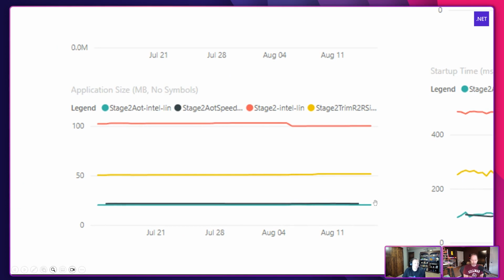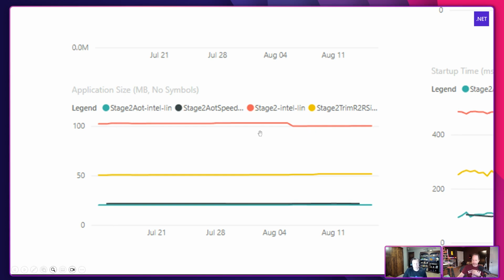Okay. So we're talking about AOT. That one is our green. That's our favorite. That's the one we're talking about today. Right. And so in this case, just real quick, application size: how much on disk, how big is your Docker container going to be? In that red default case, the whole .NET runtime is in there, right?